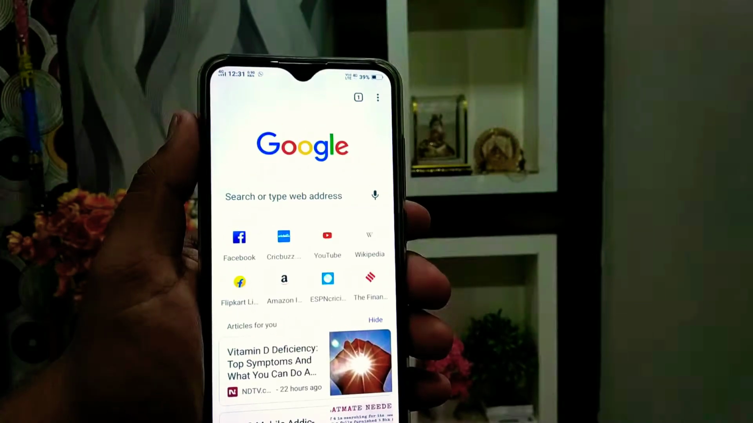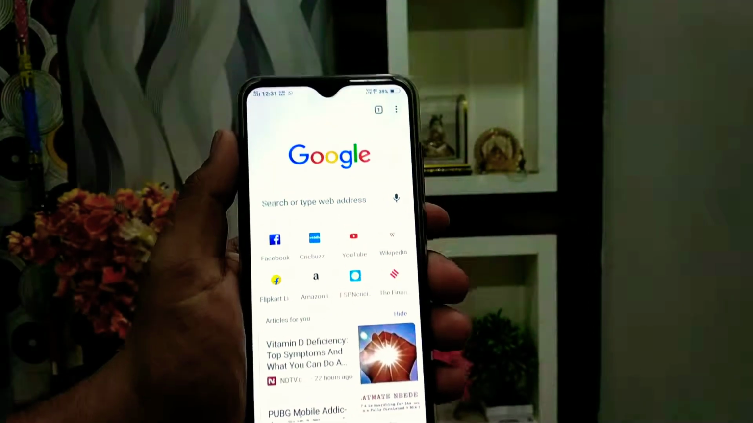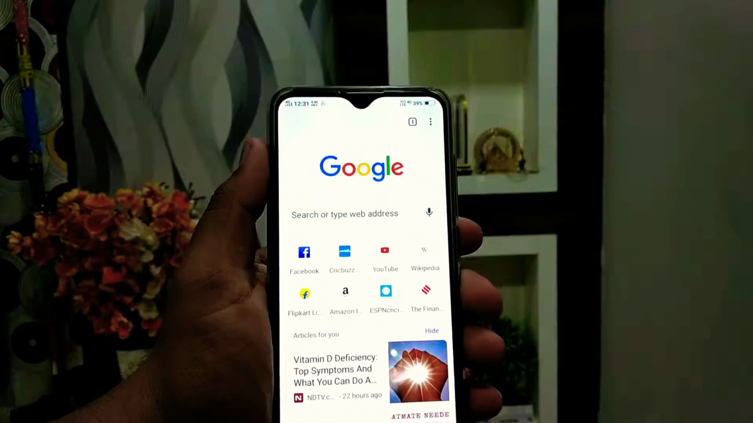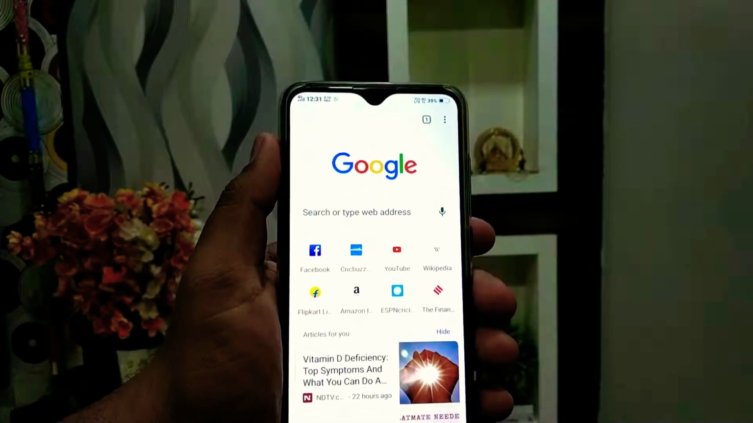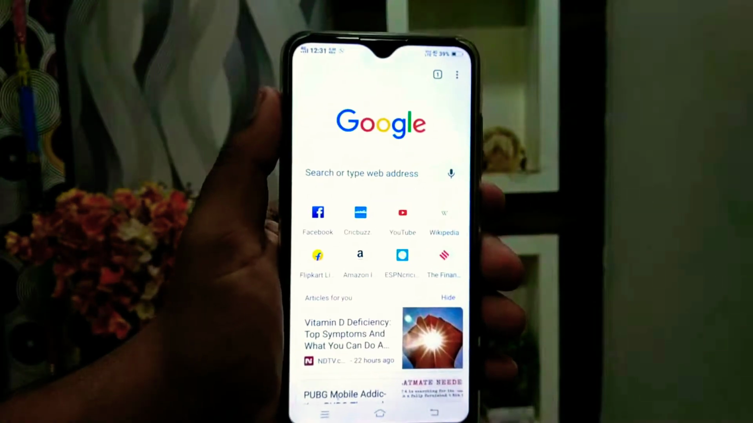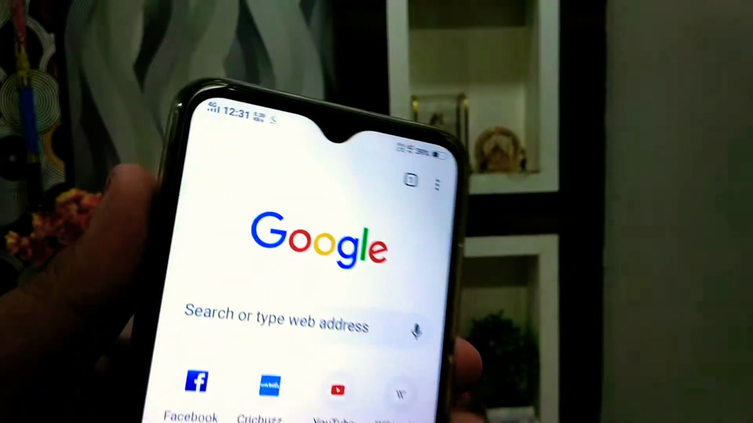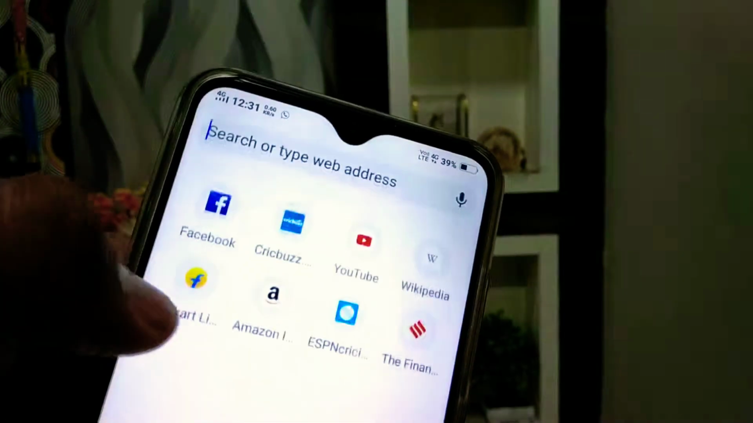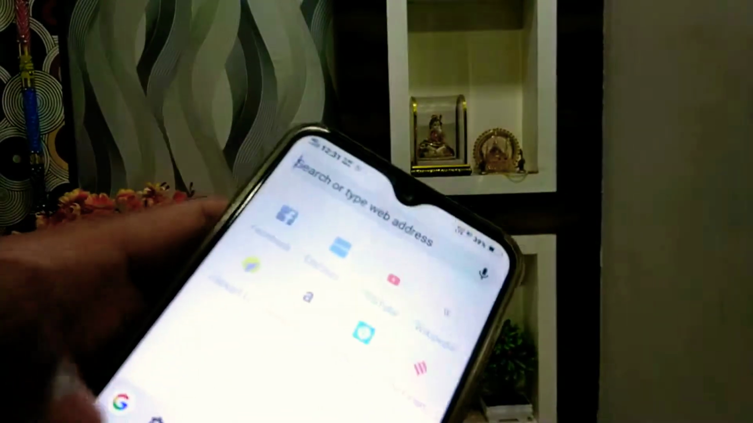Dark mode in Google Chrome, so this is the best video for you. Without wasting any time, let's get started and turn this typical white Google Chrome theme into a dark mode theme. First of all, in the search or type web address bar, you have to type